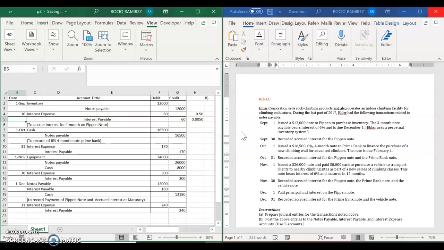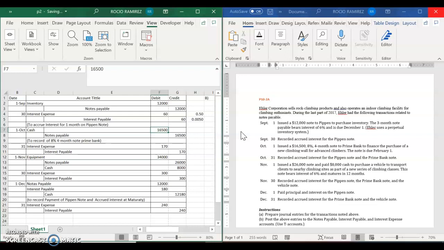It says issue a 6,500, 8% interest note to Prime Bank to finance the purchase of a new climbing wall for advanced climbers. The note is due on February 1st. So in this transaction, we are going to receive money from the bank because we asked for that money. So we're going to receive cash for